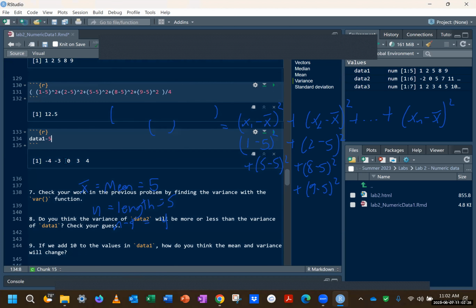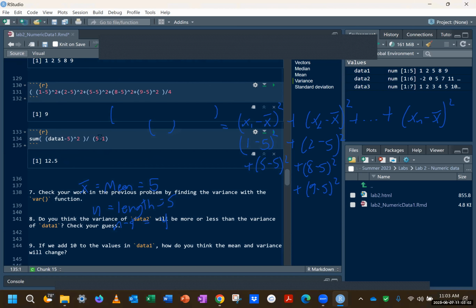So that's already all these terms, the difference of all the terms. Then I can square it. Now I squared that 16, that's this term. The next number is this term, 9, you see the correspondence, and so on. So what I could do is add these up all in one go, 50, and now I could divide by n minus 1, 4, and I get the same